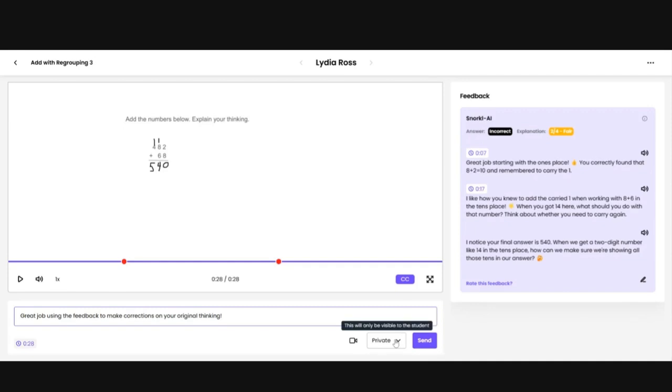And then I can do a couple of things. I can make this a private comment. I can make it a public comment, which would mean that other people, if I have it set up so that students can see one another's videos and each other's comments, could see my comment as well. And I can hit send, or I can even click this little record button down here and I can send a video response to Lydia based on her